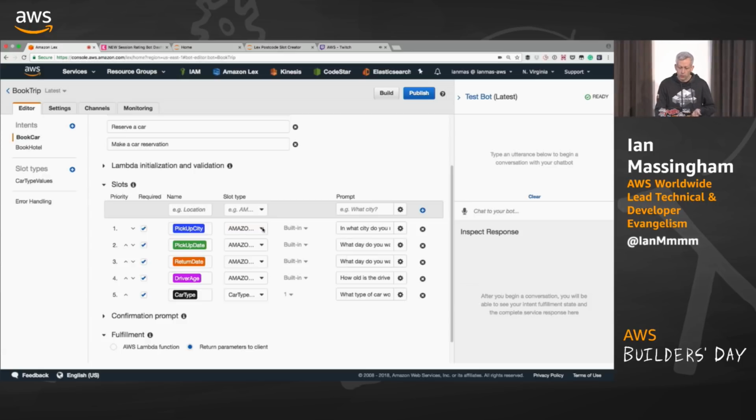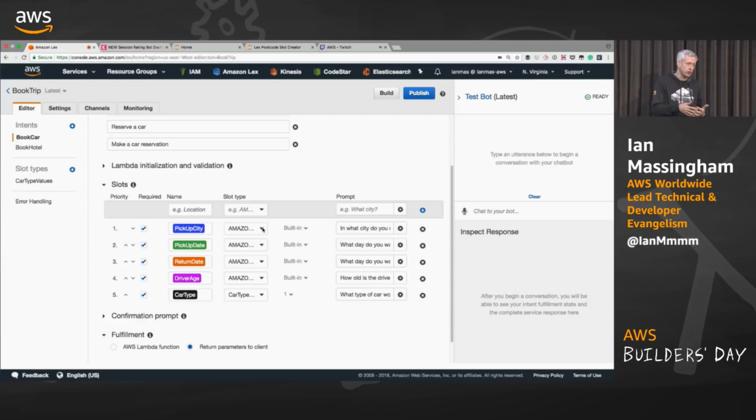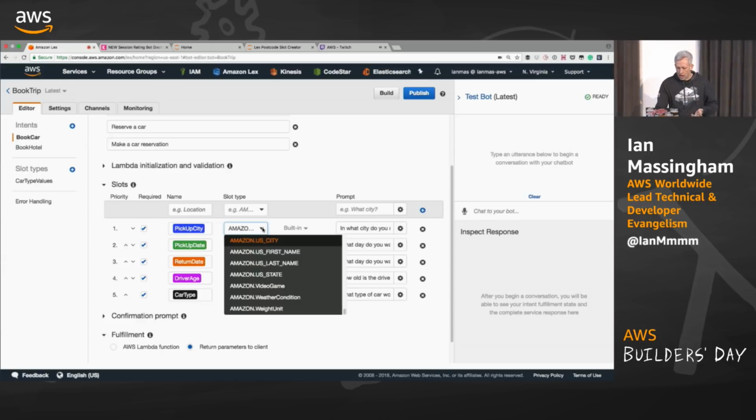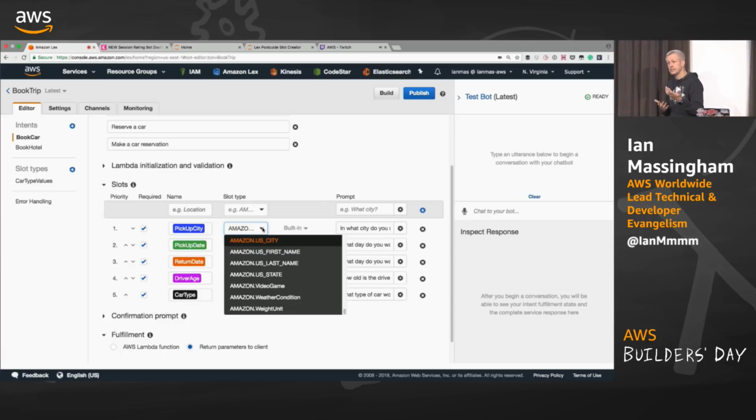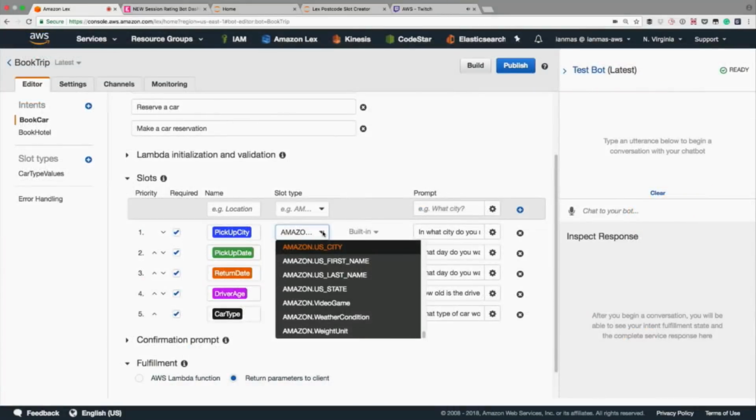So these are language models for particular entities that have been pre-trained with training data, which allows us to resolve them. So for example, in the US city slot, we're going to have pre-populated the language model there with a large number of different US cities, which will enable the natural language engine to resolve and pick those cities out when someone says them. So if I say Detroit or Chicago or Los Angeles, that will be in the training data. That will help our neural network pick out those particular entities from the spoken or written word.